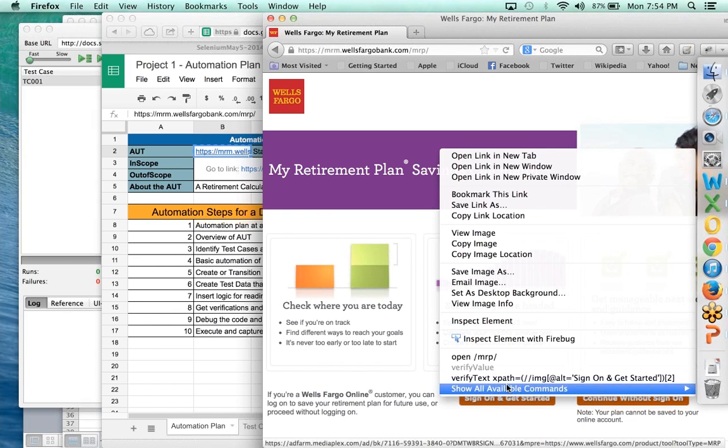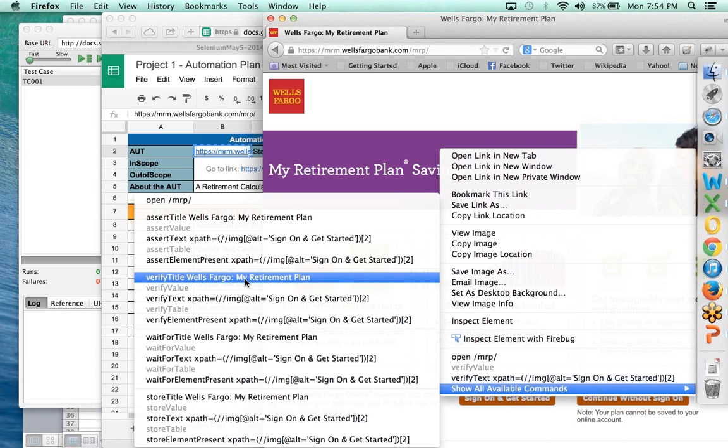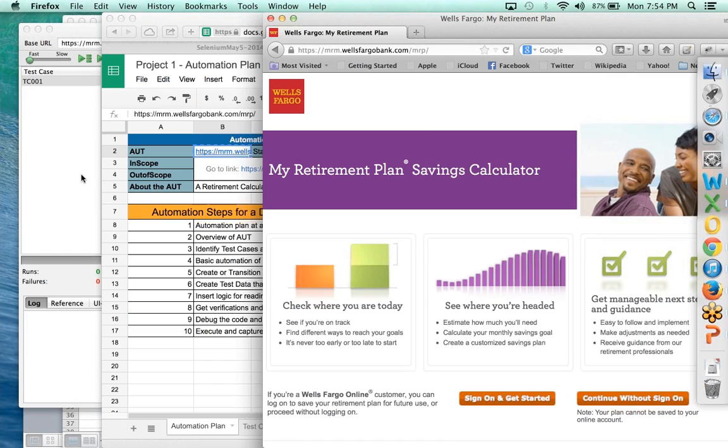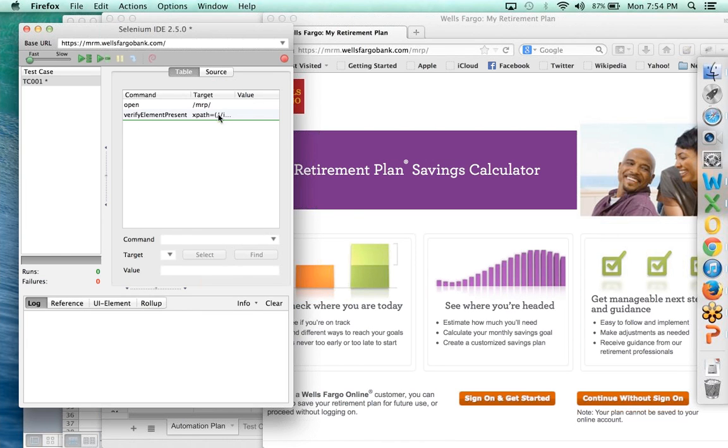So right click and show all available commands. I'm going to say verify element present. I'm trying to verify that this element is present. Okay. And now as soon as I click that, that should get added on to the command on the IDE. Correct. So team, this is the